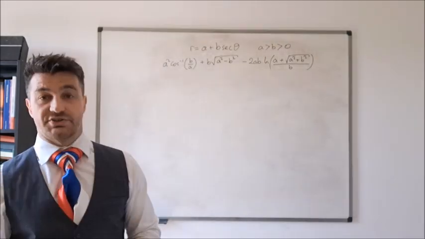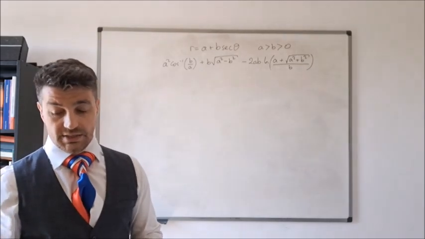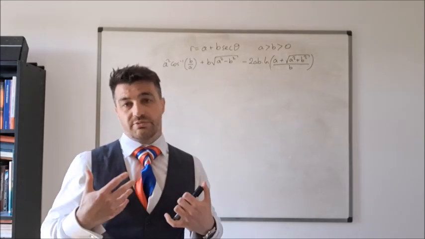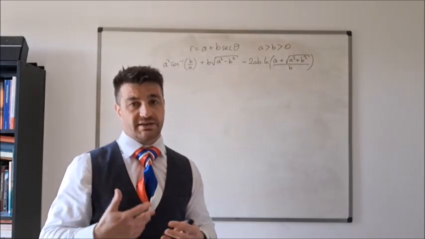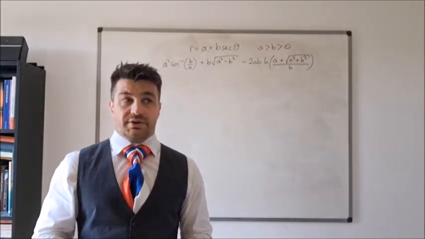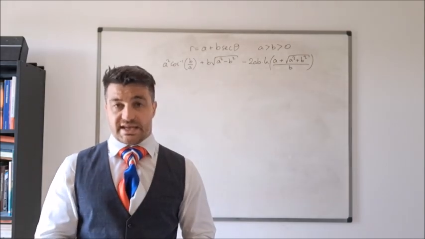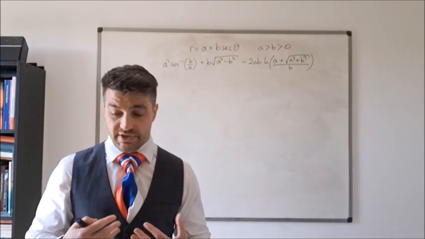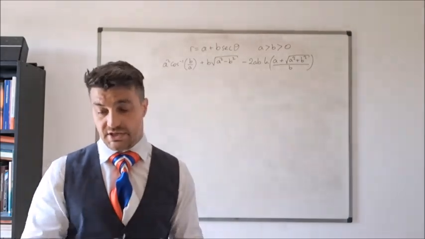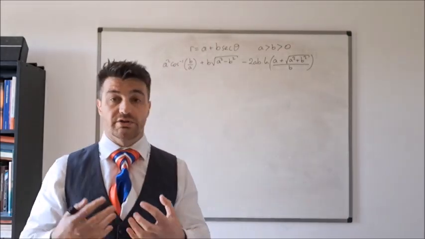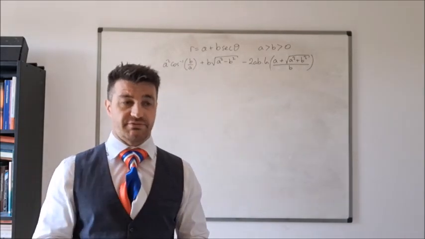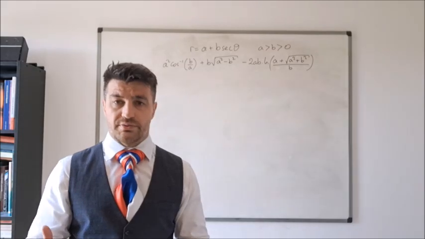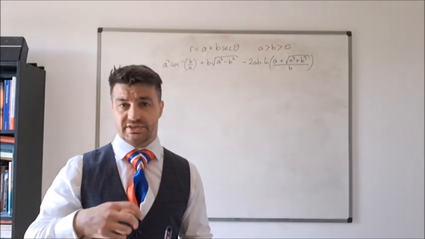In many ways, there's a lot of routine aspects to this, so we will need to do some integration. We're kind of anticipating that. But nevertheless, we still need to understand some of the terminology that's involved. We need to understand what it means for this to be the polar equation of a curve, so we potentially need to be familiar with polar coordinates. And we need to know what is meant by a loop, and how we're going to actually identify